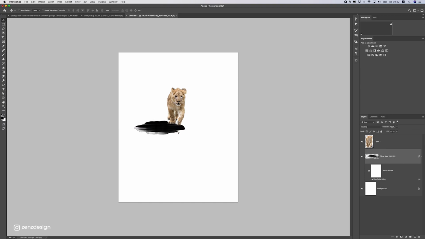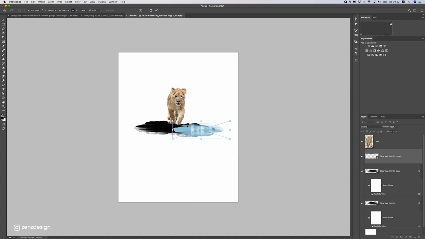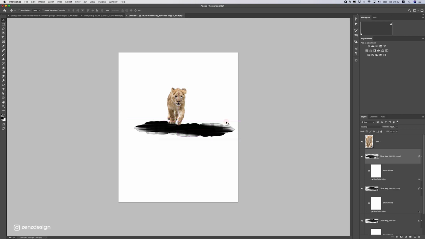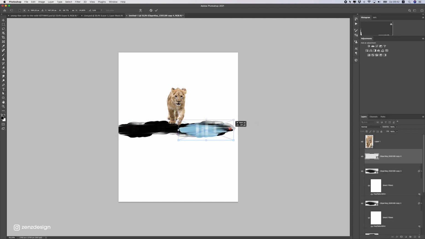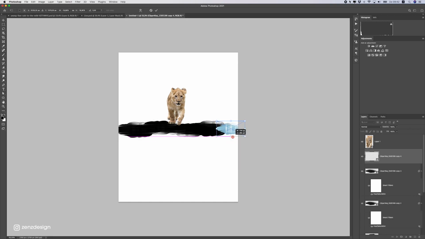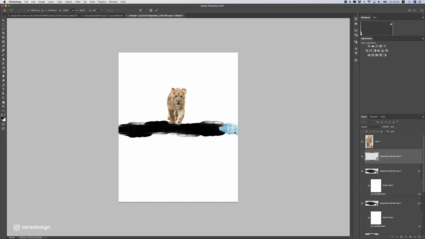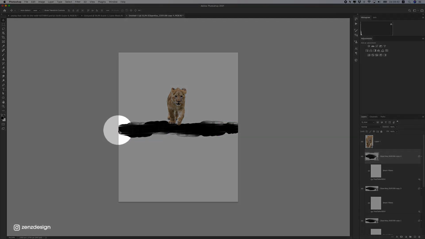All right, now we need to make sure this whole area here is filled. So I'm going to press Ctrl J to duplicate this and just move it around another time. Maybe even rotate it so you don't see the same pattern. You can also stretch it a bit to create some different movements in this water. Something like this is fine. And let's do another one here. Maybe stretch it out like that. It doesn't really matter how you do this. Just make sure it doesn't have the same patterns in this design, so you don't see the same things. Maybe like that. Right, so make sure you have this black going on.